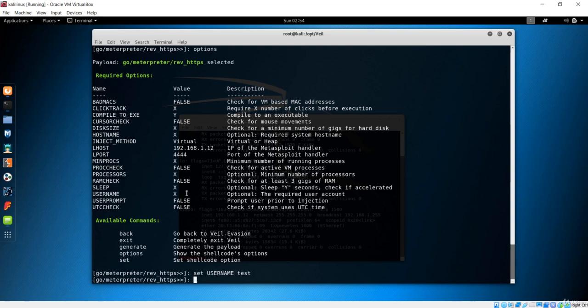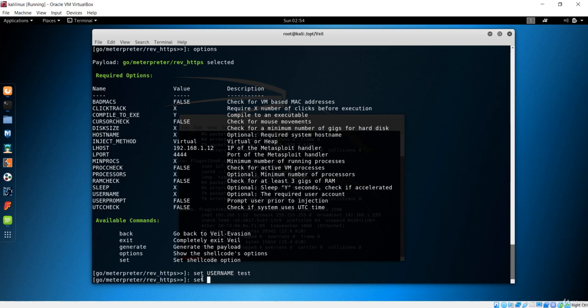So our main aim is to make it unique from others, because they have the signature databases. They have so many payloads in the file as signatures in the antiviruses, so that if our payload matches any of those signatures, then they are going to say that this payload is a virus. That is the way antiviruses work. So make sure that you make this payload as unique as possible, because if you make it unique, then it is not going to be traced.